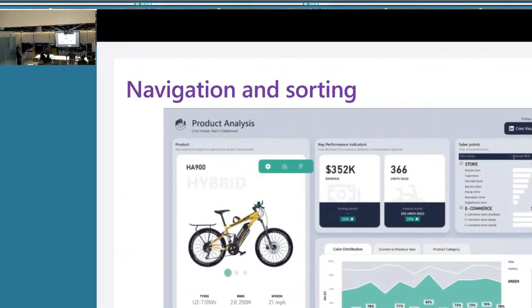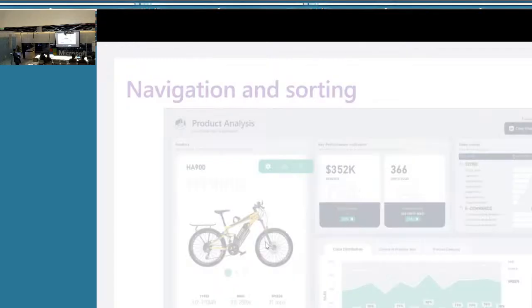This is also an example of a dashboard. You can see it looks quite advanced and sleek, with very clear navigation, and you're able to sort the data, and you have a matrix visual here, and you can even have images and swipe through them.